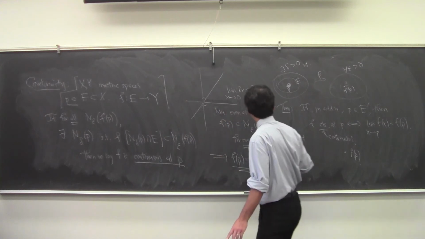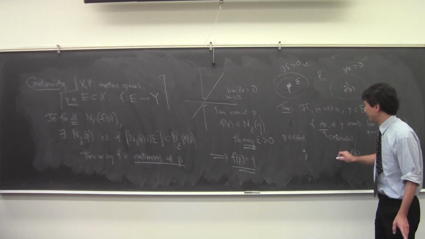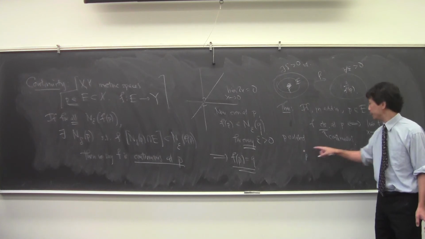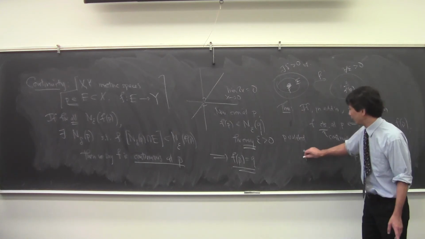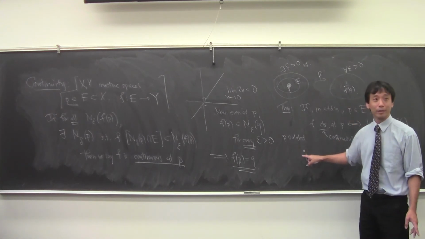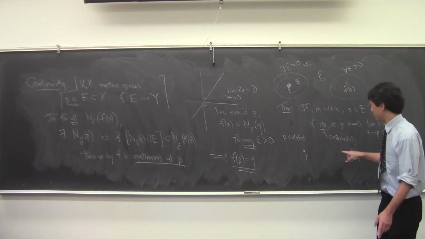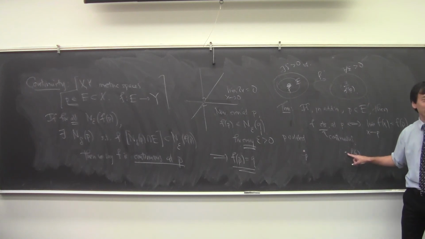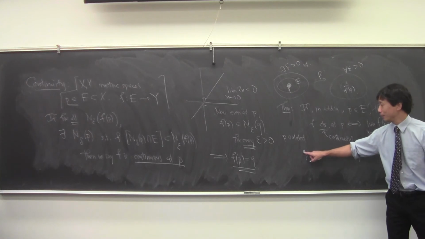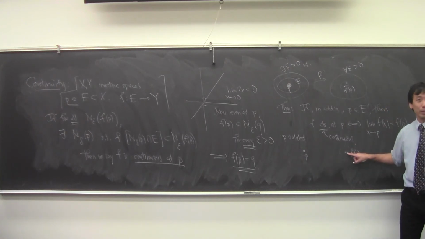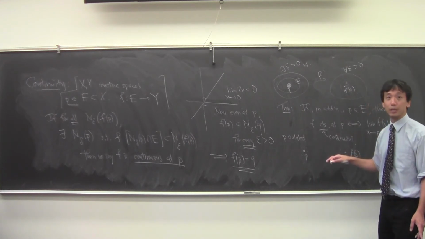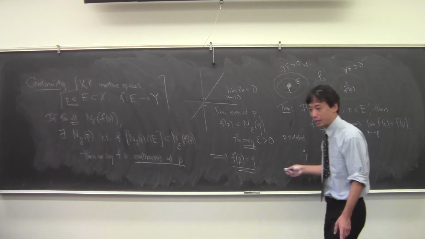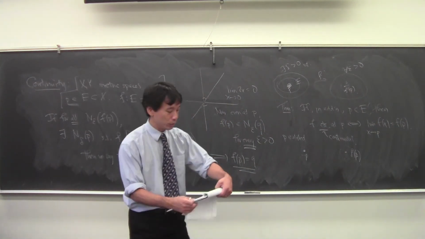To be continuous means that for every epsilon neighborhood, there's a neighborhood of P such that everything in there gets mapped inside of this neighborhood. Is it continuous? Absolutely, yes. Because if you're an isolated point, there's nobody else from E in there. Whatever epsilon neighborhood you have, there's only one point there, and it gets sent to the center of the epsilon neighborhood. So if you're isolated, your function is continuous there. Being continuous at an isolated point is true.